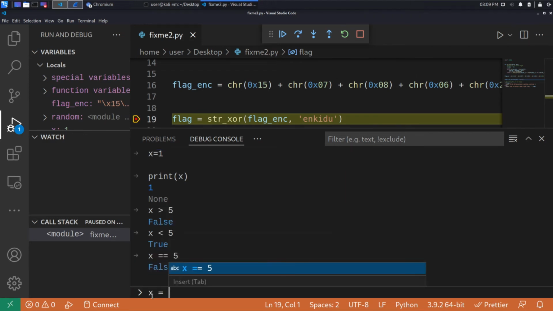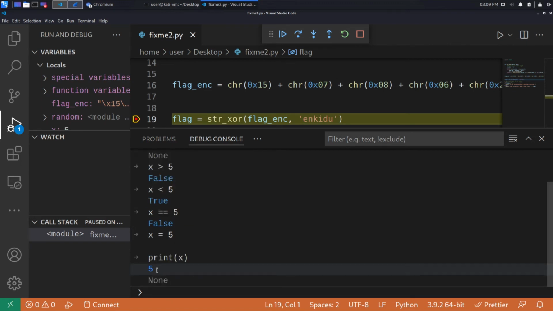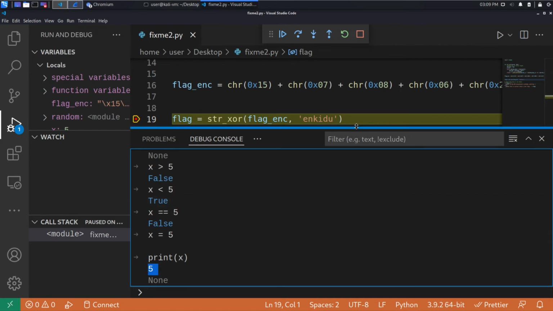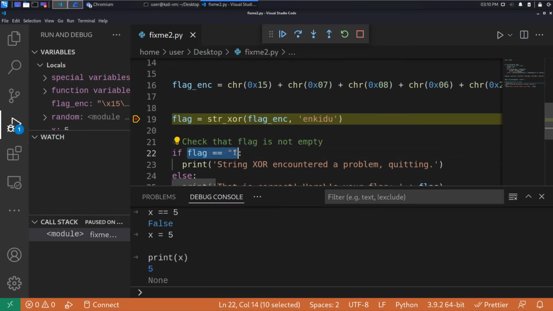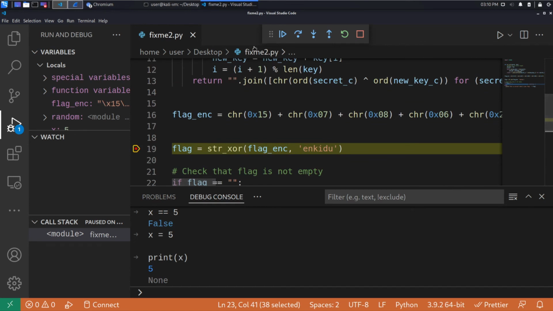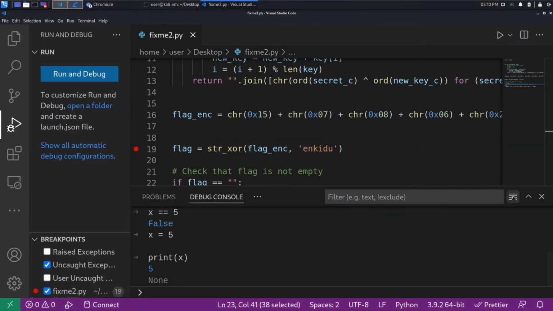If we were to use just the single equals, when we print x, we're going to see that x has changed. x is now 5, which is not what we wanted to do, and it doesn't allow this conditional to function properly because we don't get back a Boolean, so we don't know whether we should take this branch or the false branch. So I'll let this continue to run, and I'll go back to our terminal,